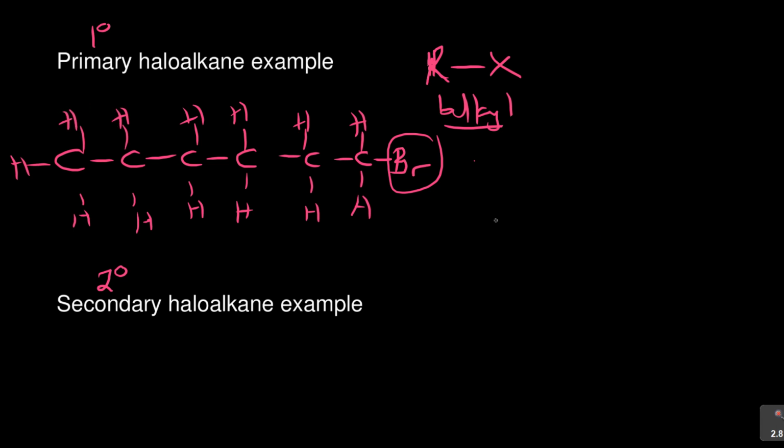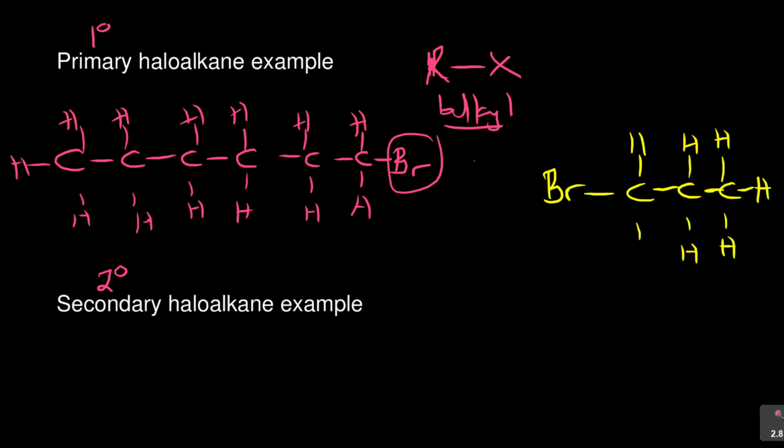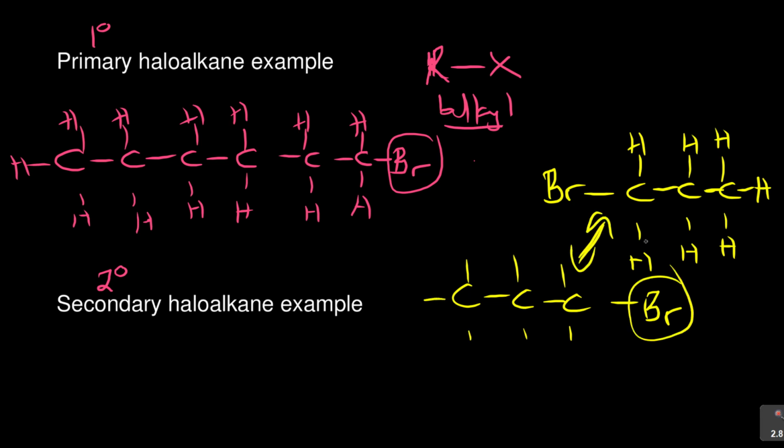If I can draw the structure, for example, let's say bromobutane, I can even draw it like this: 1, 2, 3. Let's say bromopropane, because of my space. You see, I can start with bromide here. It's still bromopropane. This is still the same as doing this, then putting the Br at the end. These are the same structures. If these were hydrogens, they are the same. Whether you start with bromo or end with bromo, it's the same as long as it is at the end